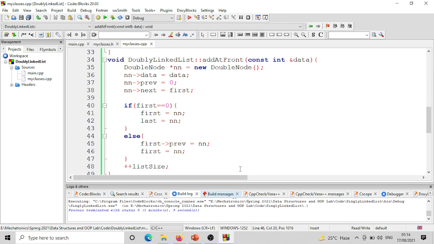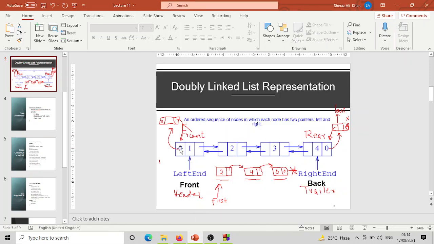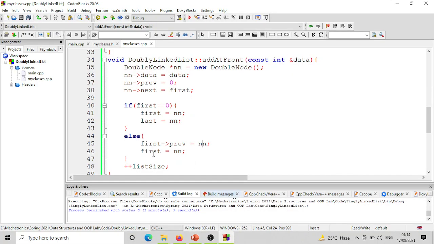अच्छा, तो हमने करंट जो फर्स्ट नोड है उसका प्रीवियस नोड सेट कर दिया टू द न्यू नोड एंड देन वी मेड इट एज द फर्स्ट नोड, ठीक है। सो करंट जो फर्स्ट नोड है उसके प्रीवियस को हमने सेट कर दिया टू द न्यू नोड and then we declared the new node as the new first node, okay। so this is that declaration of the new first node because we inserted a new node at the front।